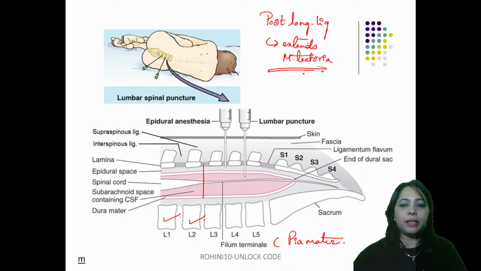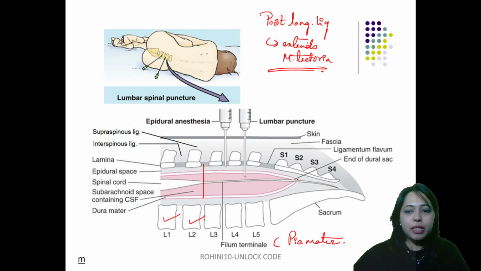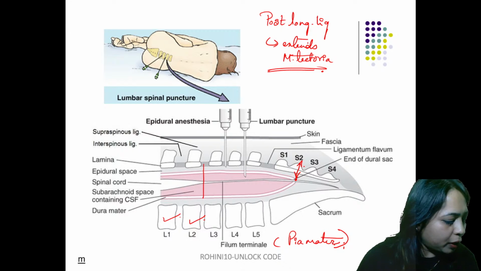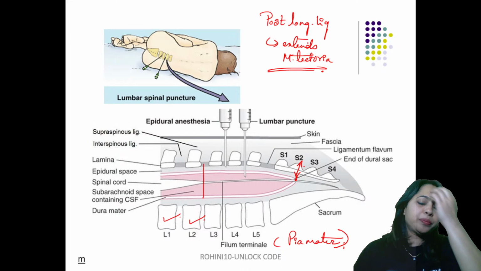Okay, so keep this in mind. Then there are all these other structures. The end of the dural sac you can also see here, that is at the level of S2. The dural sac ends at S2. The filum terminale is nothing but the pia mater. So keep all this in mind. Next we'll go to